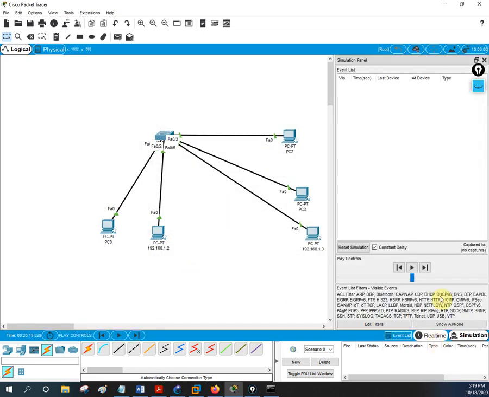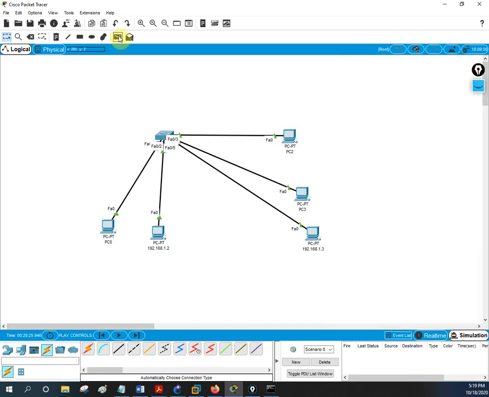For example, I open the simulation. Okay, this is the simulation. Now I will take one packet. This packet needs to go here. Now you see this packet goes to the switch, and then the switch will flood. The switch will send this packet to all. They are saying no, this packet is not for us, and they rejected it, but the switch is sending to all, because in the switch they don't have the MAC address.